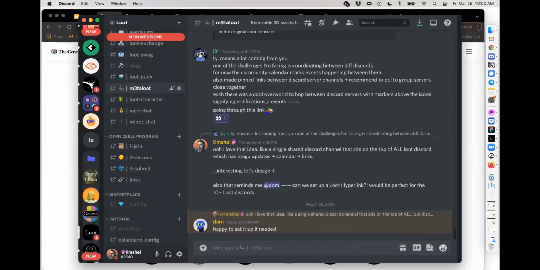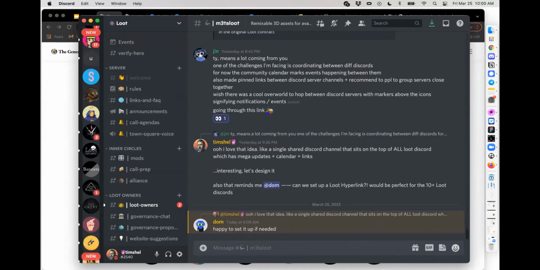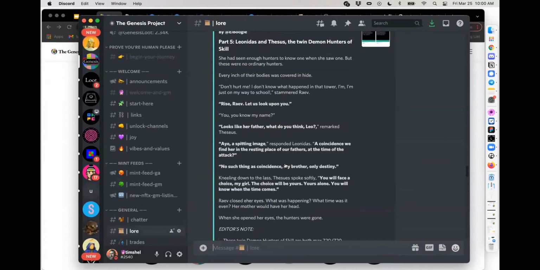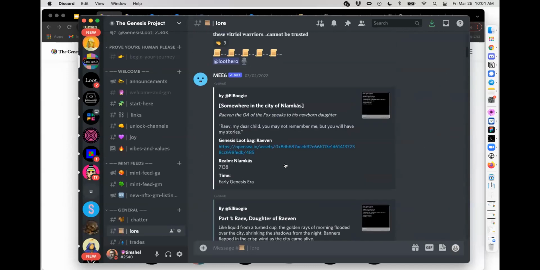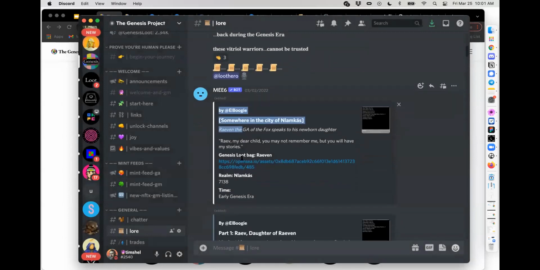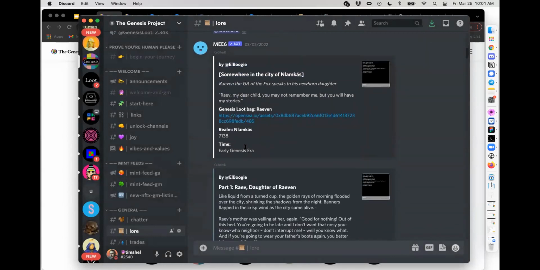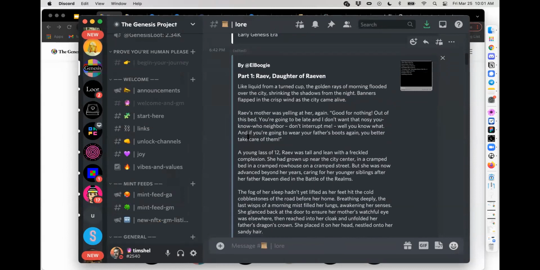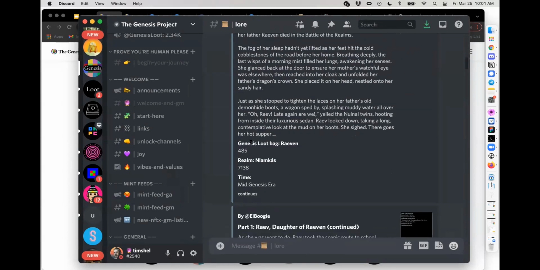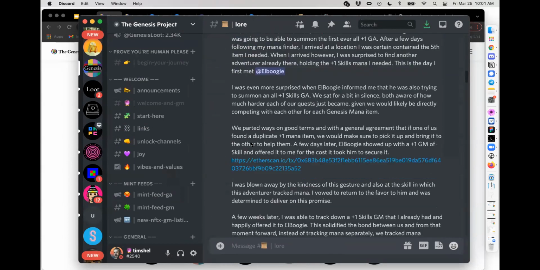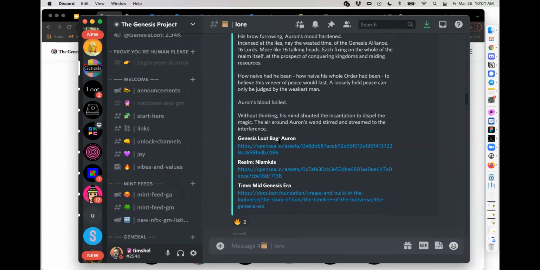Here's a snapshot of the Loot Discord right now. Within the Genesis Project Discord, I wanted to share, we have a whole channel about lore, and inside here, there's just some magic happening where people are saying, okay, we're creating these Genesis adventures, but now we're telling their stories, and now we're discovering their stories, and we're writing their stories, and they're full-on stories with characters and character development and surprise and delight and moments. But instead of them just being random pieces of lore on the internet, they're connected to bags, and they're connected to NFTs, and they're connected to this Genesis loot bag, this realm, this time period.